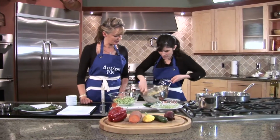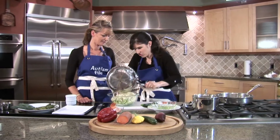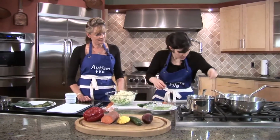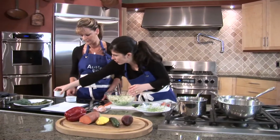Okay, so that looks nice and mashed up. Yep. So you can see how nice and mashed it is. We are going to add this to our mixture here. And then we are going to just go ahead and mix this all up. You want to grab some salt right here, if you want to just...